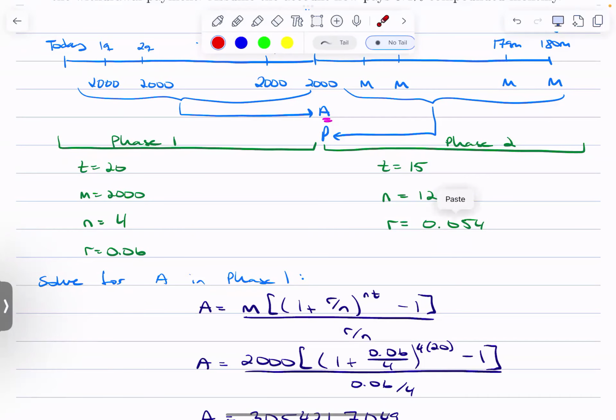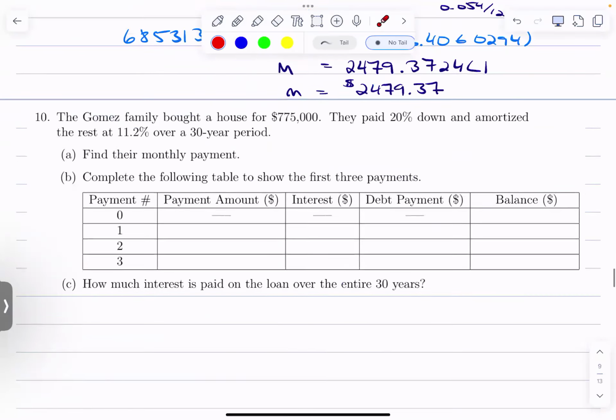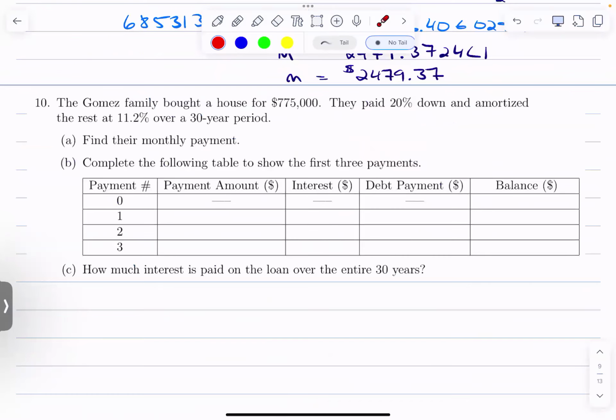And then, of course, I will make you do an amortization table, but